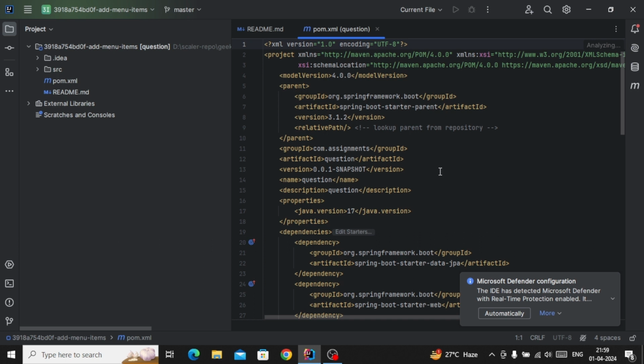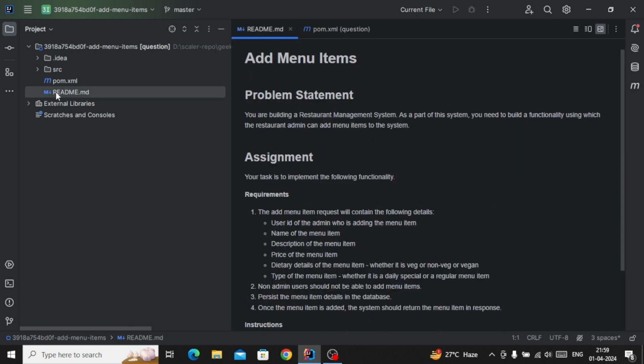Now, first we will read our assignment. So consider here, we are not creating the assignment from the start. We already have the assignment. I will share this code with you, so you can also start it. We have some boilerplate and we already created an assignment. So we are adding a small feature and I will describe to you how to read the assignment line by line. We will just read it line by line and understand what it means. Okay, and we will check in the code where it is located.